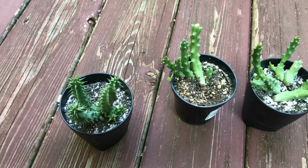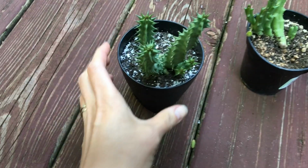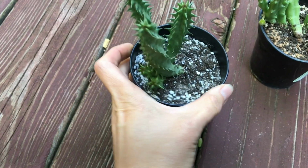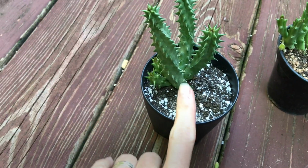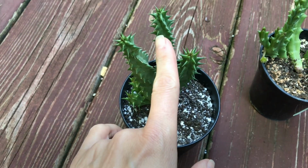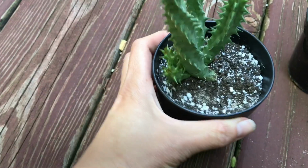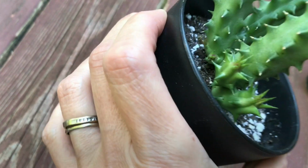So these are some of the Stapelias that I brought a cutting from Serbia. It was quite a small cutting that I brought last fall. So this is now a 1-year-old plant, and it grew, as you can see, a lot. So this was the original plant, and the cutting then grew these 2, I think last year or beginning of this year. And then since it was outside, it grew another 2 pups,